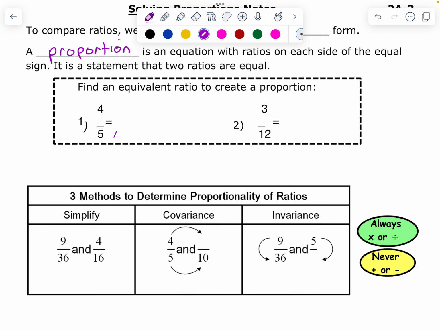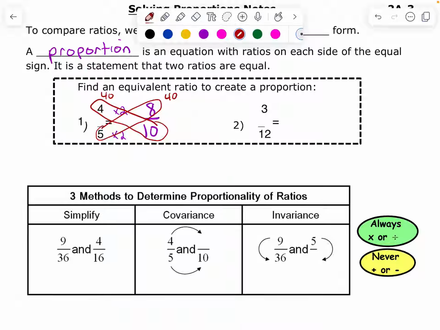Well, I can multiply this by 2, and I can multiply this by 2, and when I get 8 over 10, that is a similar proportion. If I was given 4/5 and 8/10, I could multiply that and get 40, and multiply that and get 40, and that is how we showed you how to do equivalent proportions